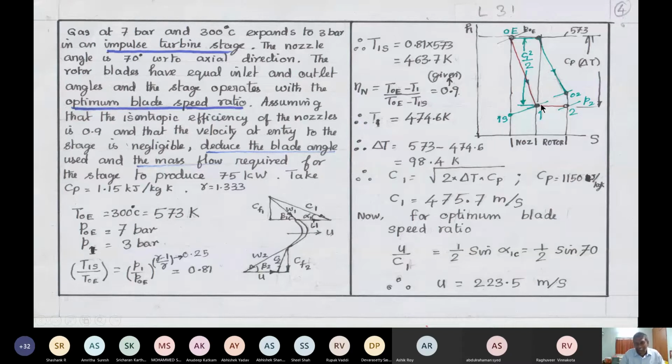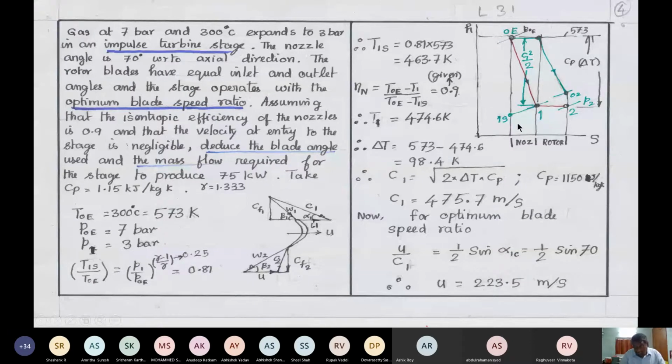Some advanced books talk about this. The basic question they ask is, what is the difference between a zero reaction turbine and an impulse turbine? A person who doesn't know about this would find it baffling. When the degree of reaction is 0, we call it an impulse turbine. Then what about the pressure? In hydraulic turbines, the pressure also will remain constant.